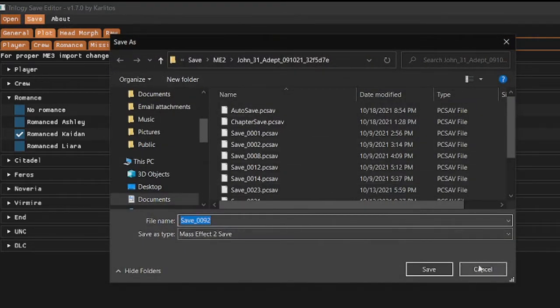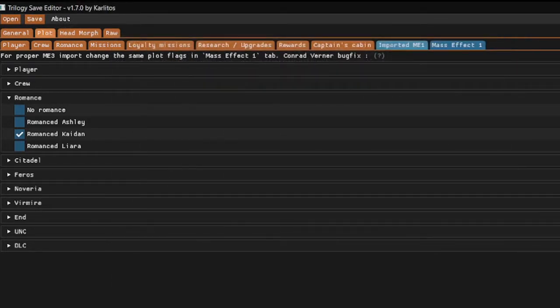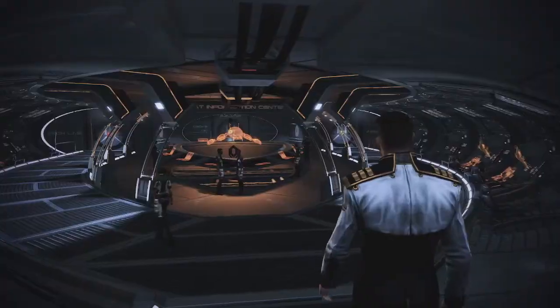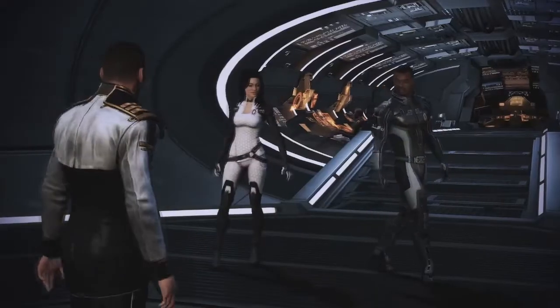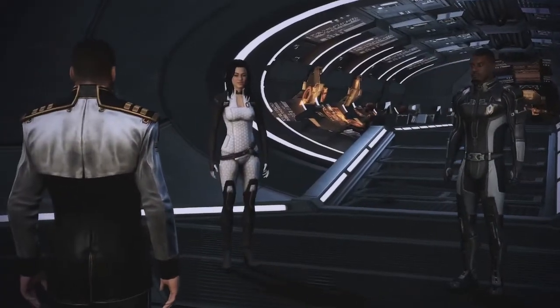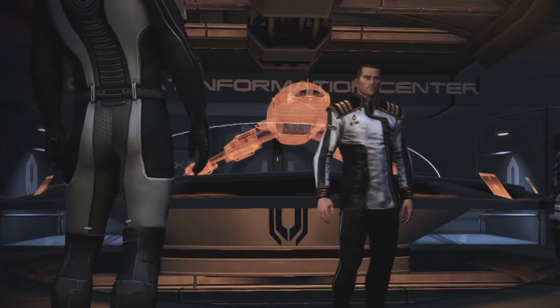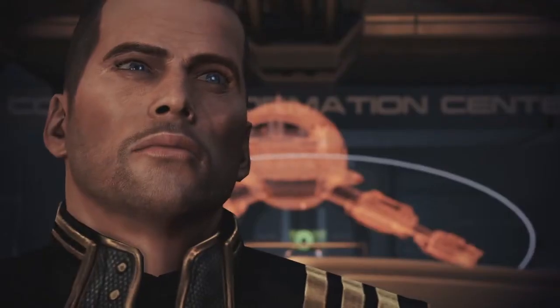After you've done it, go back to the top and click Save, then exit the Trilogy Save Editor, and load your most recent file in Mass Effect 2. And there you have it. Pretty easy, right? So you won't notice any significant changes immediately, at least until you encounter Kaidan, but one surefire